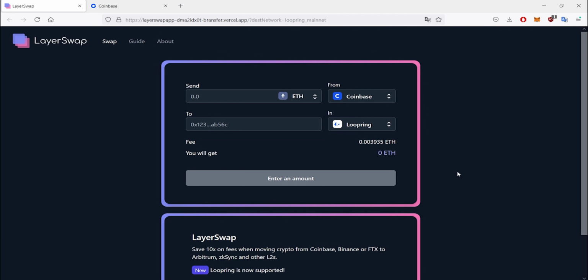Hey everyone, here's how to send over your crypto from a centralized exchange like Coinbase or Binance straight to a layer 2 solution like Loopring. So if we head over to LayerSwap,